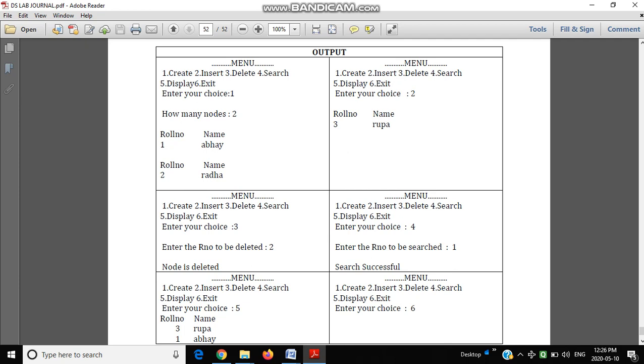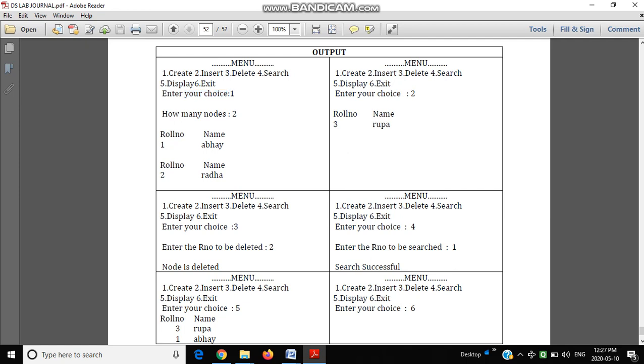Then I'll move to the real program, and I'll explain you each part of the program, that is how to create a linked list, how to insert the data in the linked list, and how to delete, search and update, and display. These all things I'll explain one by one. So before moving to that, I just want to tell you how to insert or how to create the linked list.